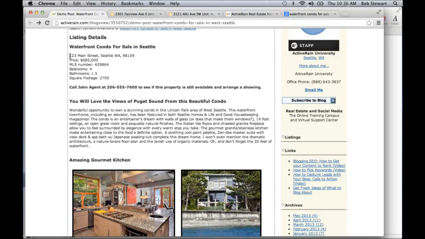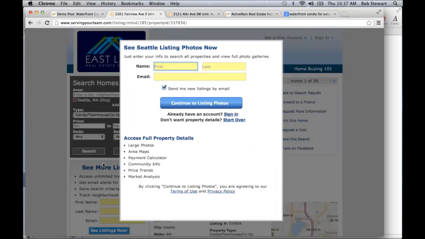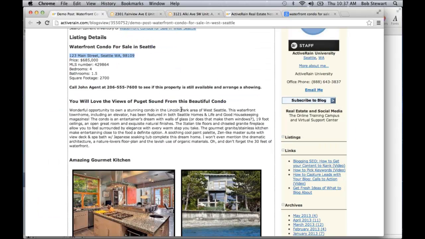You could even link this map, maybe to a map back on your website, right? Oh, I've gone too far here now. I'd have to clear my cache in order to get past that. But maybe your website has maps on the listing page. You could link back to say, to see it on a map, click here,